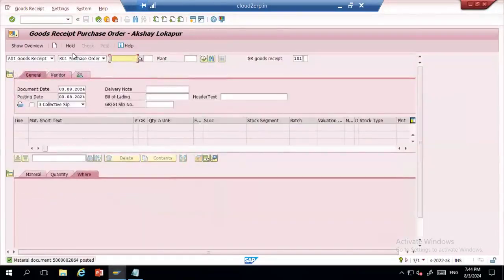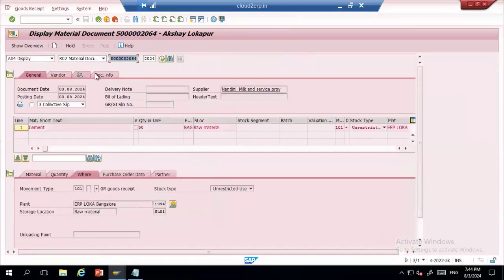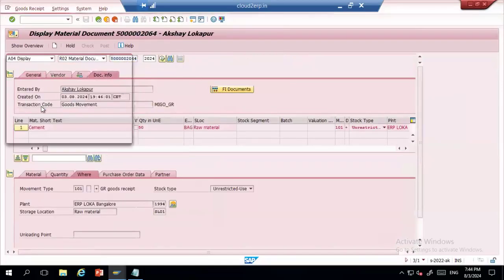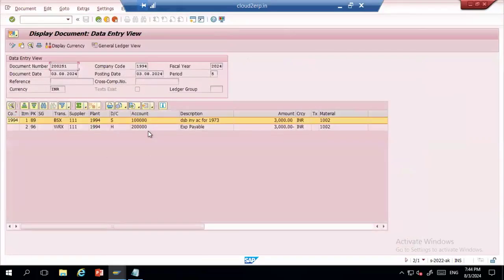So the GR got posted. If I open the GR and show, you will not be able to see any of the tax entries here because taxes will always flow in your invoice tab. In your pricing procedure, this tax procedure is not going to impact anything. This will always get calculated in a different manner. Okay, so this is how you need to configure a GST. Any questions?